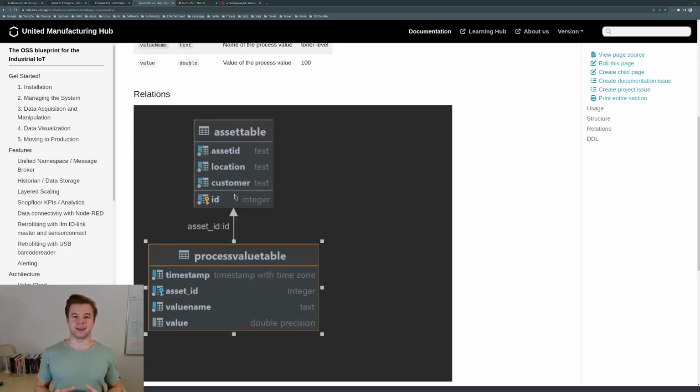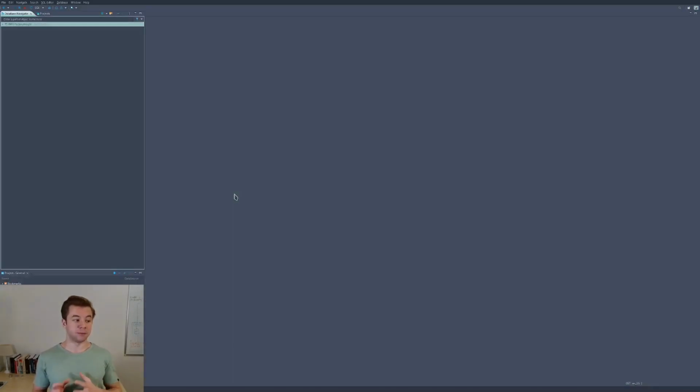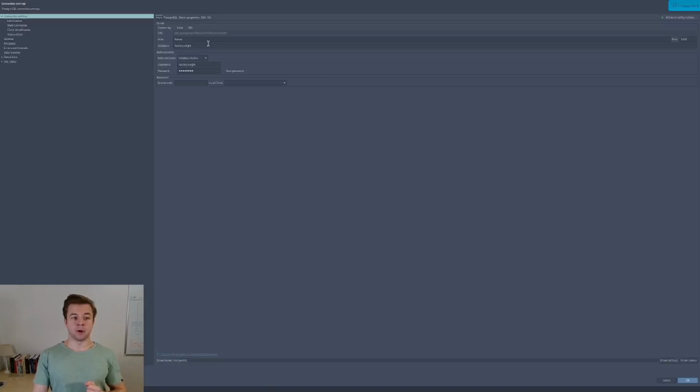Now let's look at the data in the database itself. Remember, TimescaleDB is essentially a Postgres database, which means we can use any common database GUI tool to query this data. Now, I personally like to use DBeaver, so I've configured a connection to the database that looks like this. The host will be, in my case, just Flatcar, because this is DNS resolved to the IP address in my virtual machine. If you want to set it up like this, you can watch my previous videos on configuring a